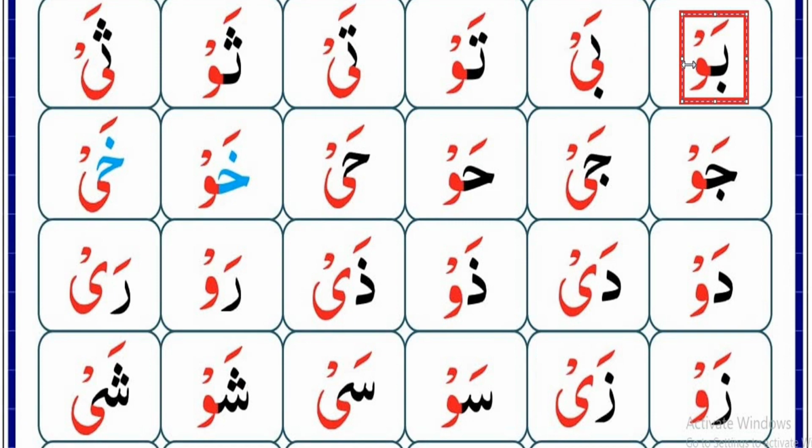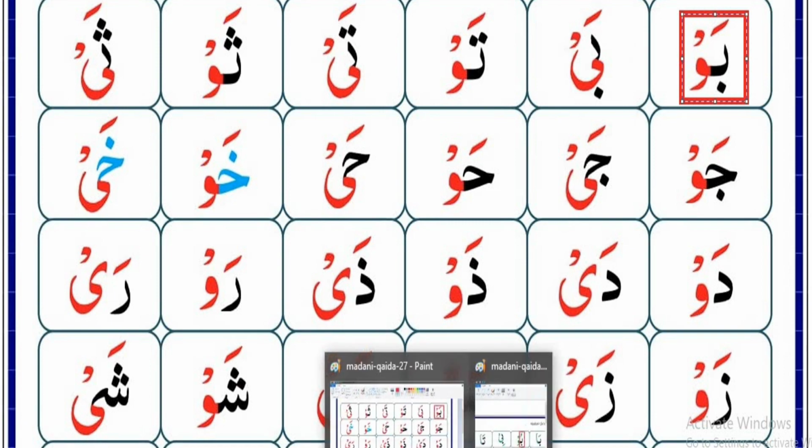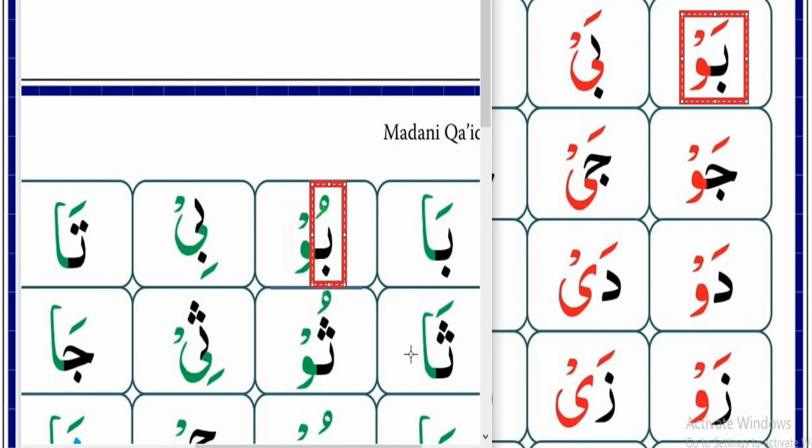Here you can see the sign before Waw Leen is a Fatha, and the sign before Waw Maddah is a Dhamma. So this sign before Waw and Ya Sakin would be the difference between Maddah and Leen letters. So there are two Leen letters, Waw and Ya, but there were three Maddah letters, Alif, Waw and Ya. So Alif is a Maddah letter. Alif is not a Leen letter because